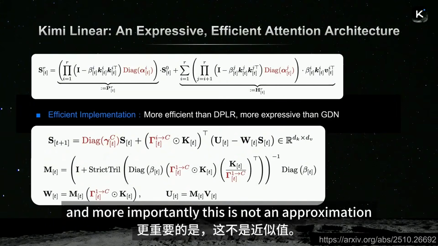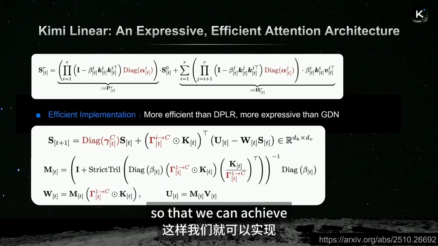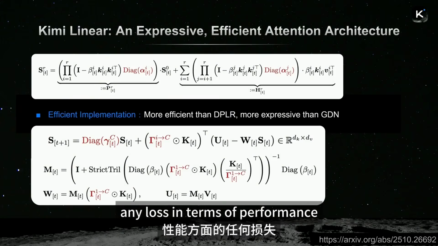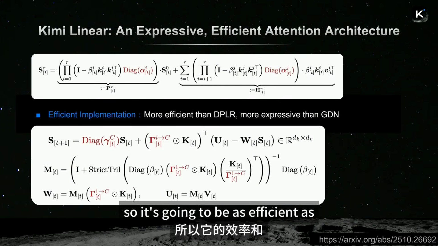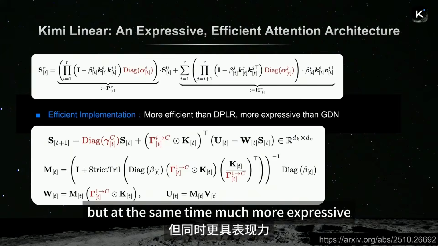And more importantly, this is not an approximation. It's an exact, mathematically equivalent formulation, so we can achieve a much more efficient implementation without any loss in performance. So it's going to be as efficient as previous linear attention variants, but at the same time, much